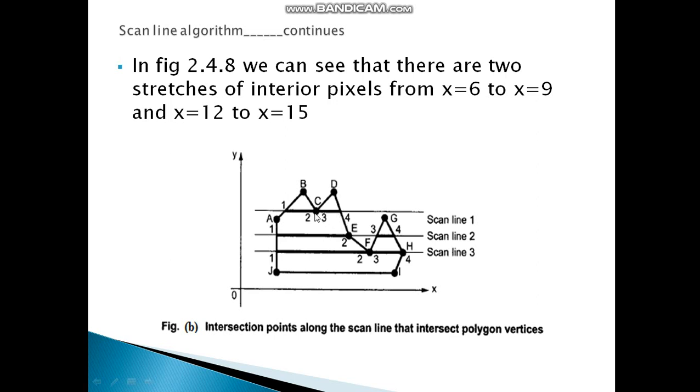And in the other case, suppose this is the vertex and CD is one edge and in the opposite direction there is AB as another edge. In that case we count the number as odd, that is, only a single intersection, meaning 1 2 and 2 3. This case is even, 1 2 and 3 4, meaning this vertex point is counted as 2, double, and if in the opposite direction the vertex is counted as a single intersection.